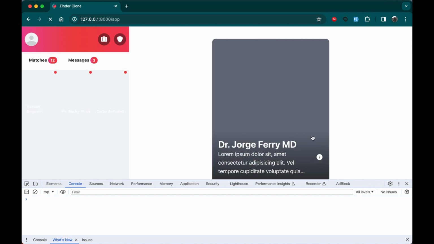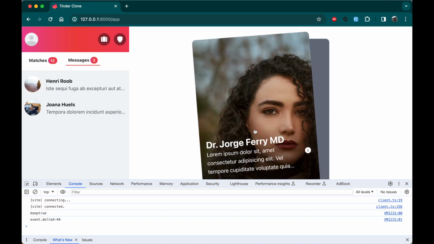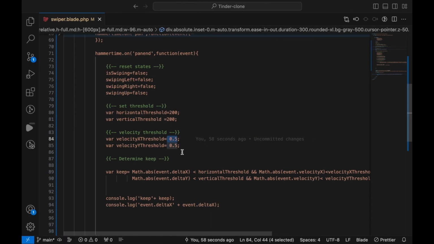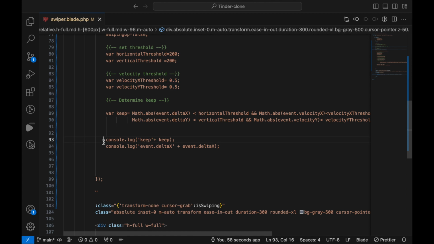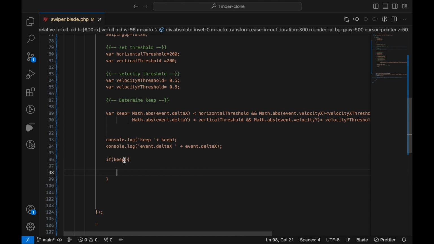And now let's work on what we're gonna do if we're gonna keep this element or not, because we wanna add a pullback feature if the keep is true. So let's go back. In here, we can just leave this for now. We just leave a space and a space. Down here, if keep is true, we're gonna do something else. All right. So if keep is true, we're going to adjust